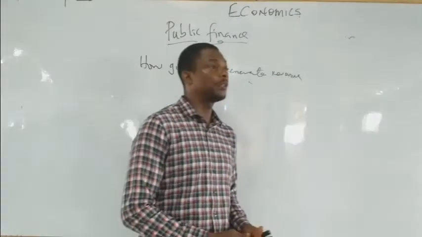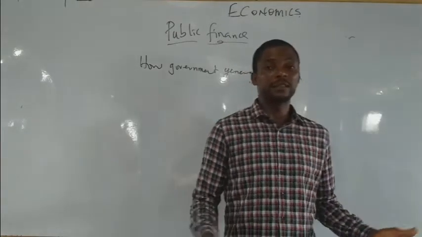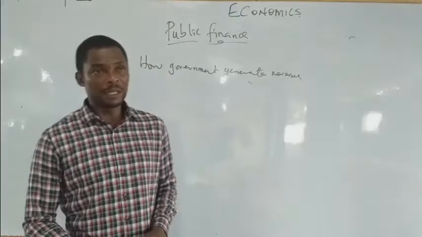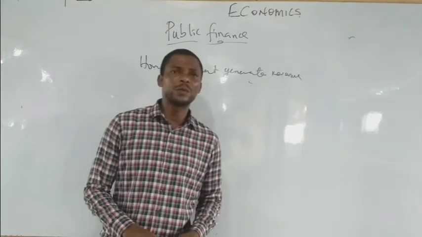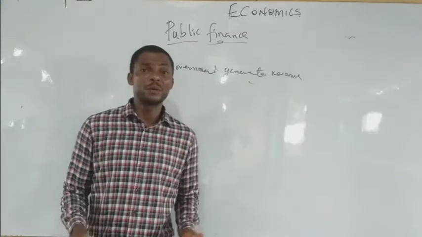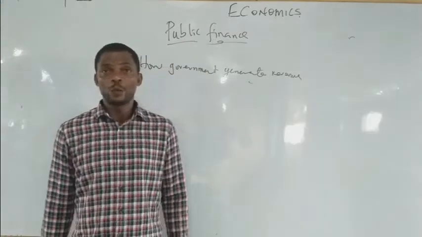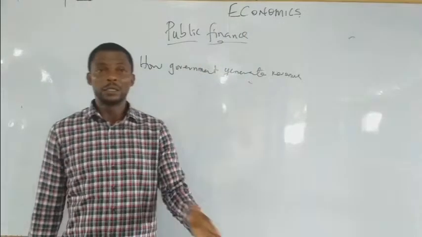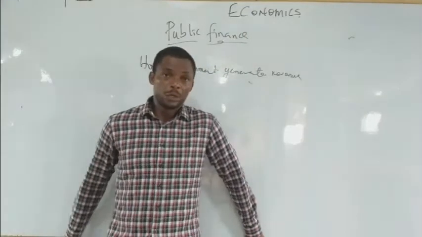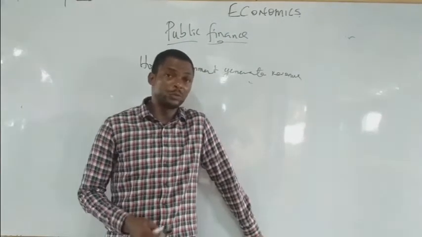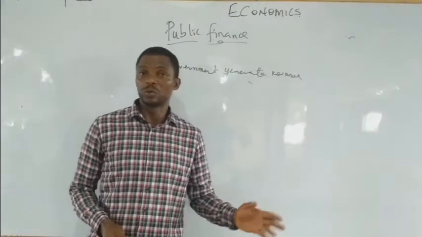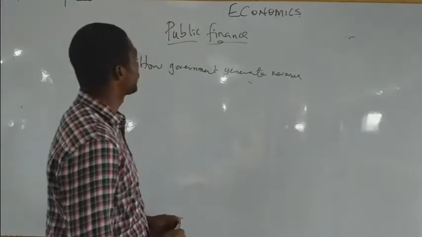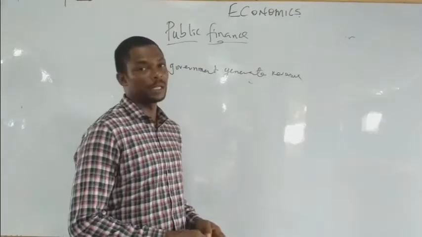So government can also generate revenue from their water rates. You have water rates, you have many other rates that government can get money from. Apart from that, government can also generate revenue from miscellaneous things, like fines, where you are meant to pass a pedestrian bridge and decide to cross the road, you realize that the government official can hold you and ask you for a certain amount, and expectedly it's supposed to go to the government. But meanwhile, that is how government can generate revenue.